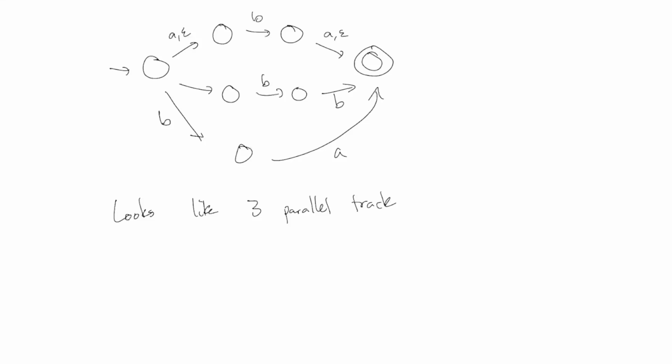And no loops at all, right? So actually the regular expression I'm going to use will use pluses but no stars, because in fact there are no arrows going back. Every arrow goes from left to right. This is certainly not true of most NFAs, but that's why I said this is an easy one. It looks like three parallel tracks, no loops. I mean, there are no looped edges, but there aren't even any big loops that you can run through in this diagram. So